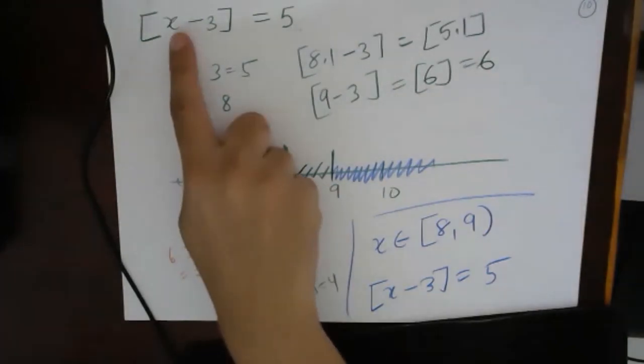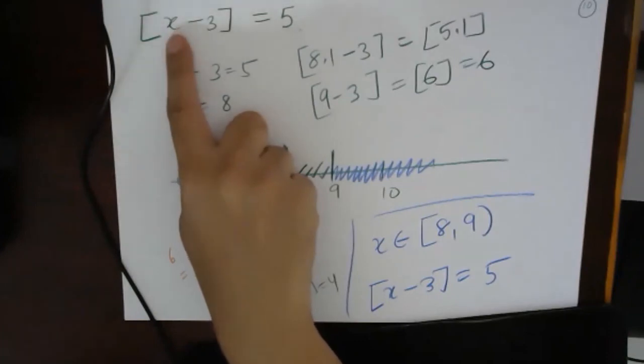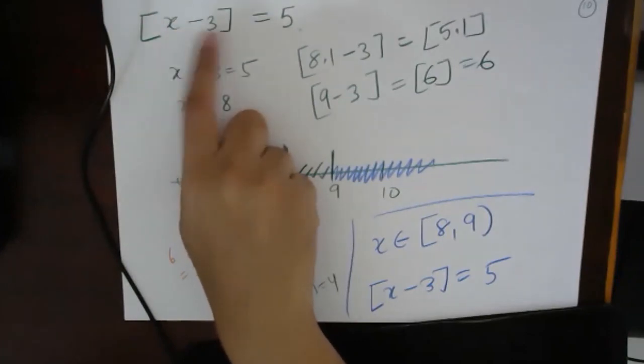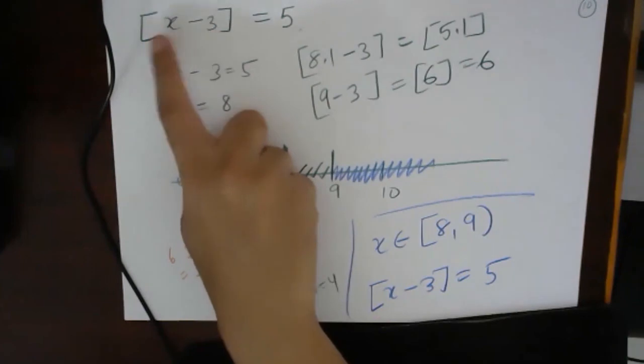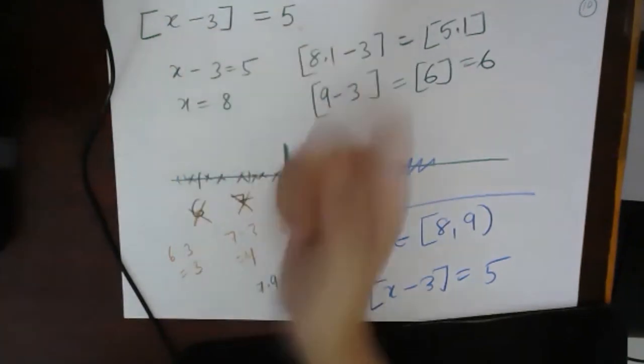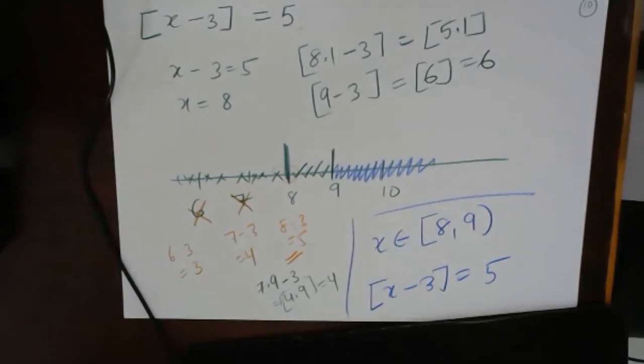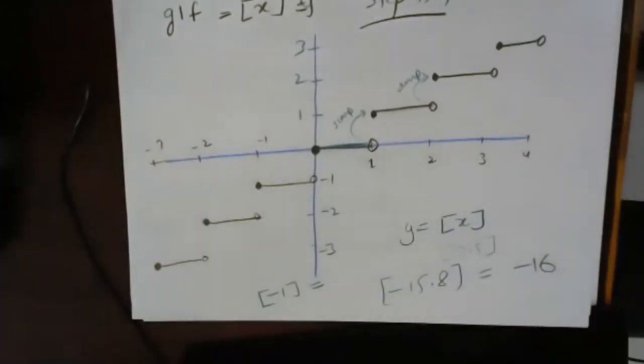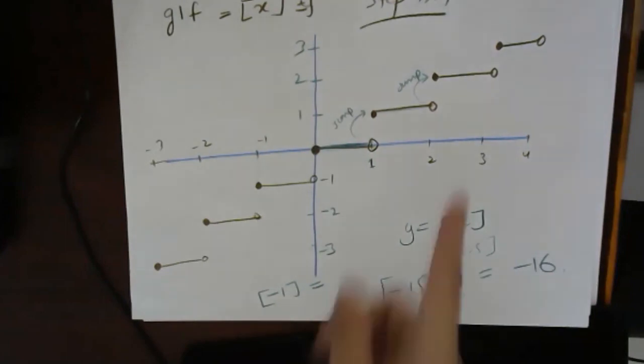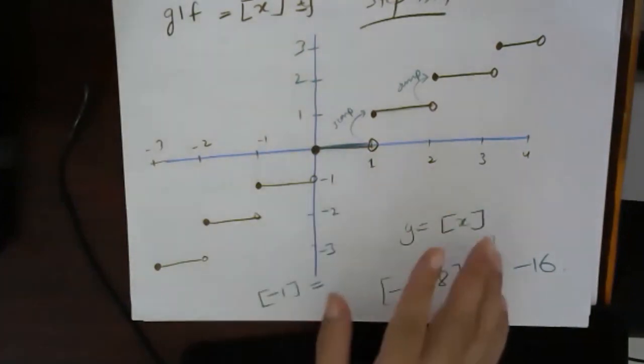If I use minus 2, minus 2 minus 3 is what? Minus 5. The greatest integer of minus 5 is minus 5. So we cannot use minus 2, kids. Somebody asked, Manojit, understood? So minus 2 cannot be used. Okay. So just take a snapshot of this. If we have class tomorrow, I will again explain. We'll solve some more questions.